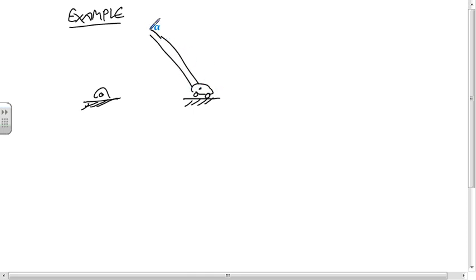Okay, let me do another example. So let's say we have a structure, and notice this is different than the structures we were just doing in statics. This thing, because of the roller, if you applied any force to either of these members, this would start to move. And so this is a simple linkage. And if we call this body 1 and this body 2,